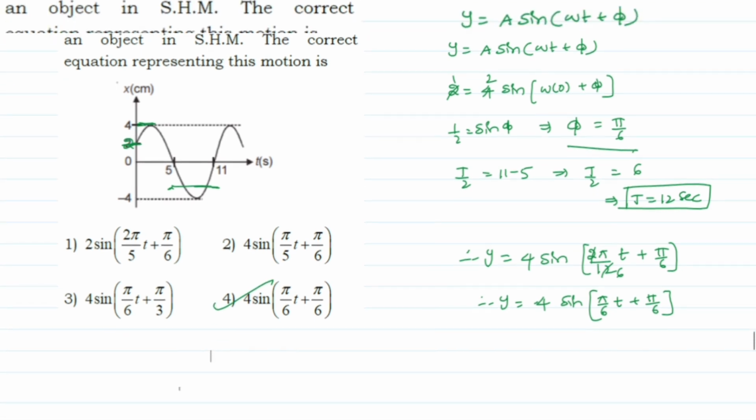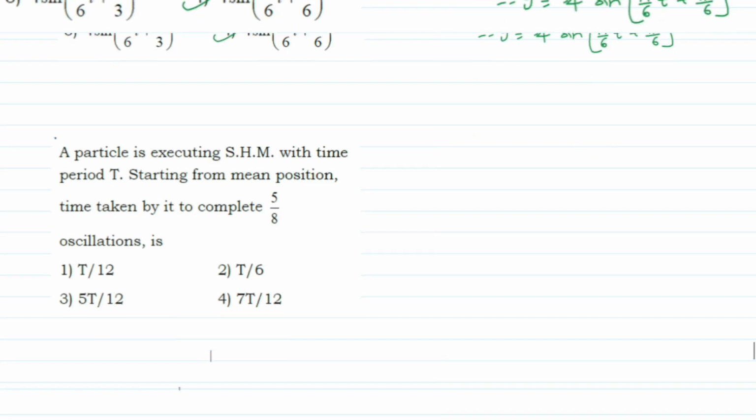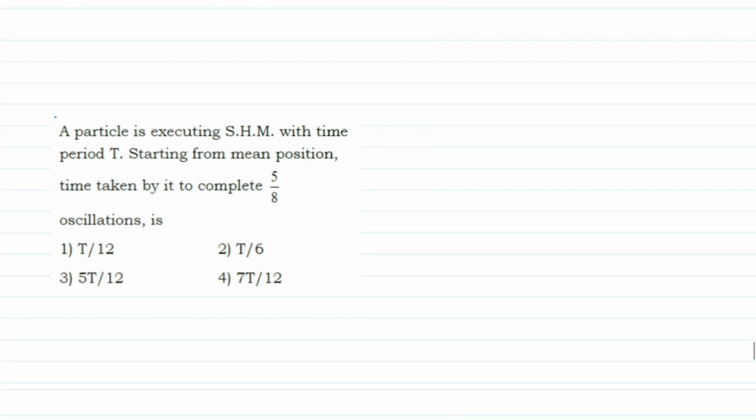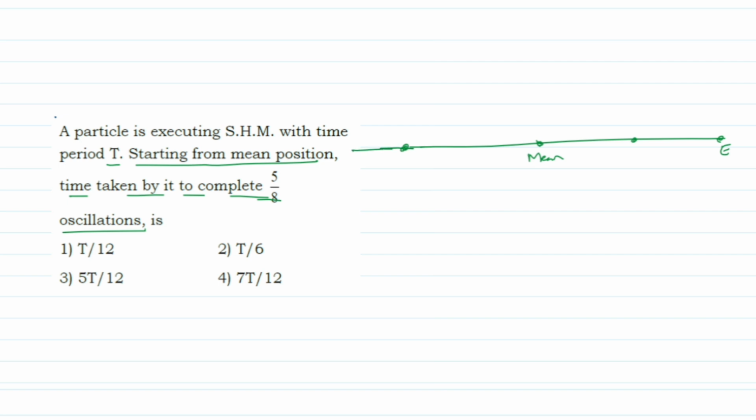Let us see the next question. The next question says, a particle is executing SHM with a period of T, starting from the mean position. The time taken to complete 5 by 8 of the oscillation is. Now here you can consider, this is the mean position, and this is an extreme position. If you divide the total motion into 8 equal parts,